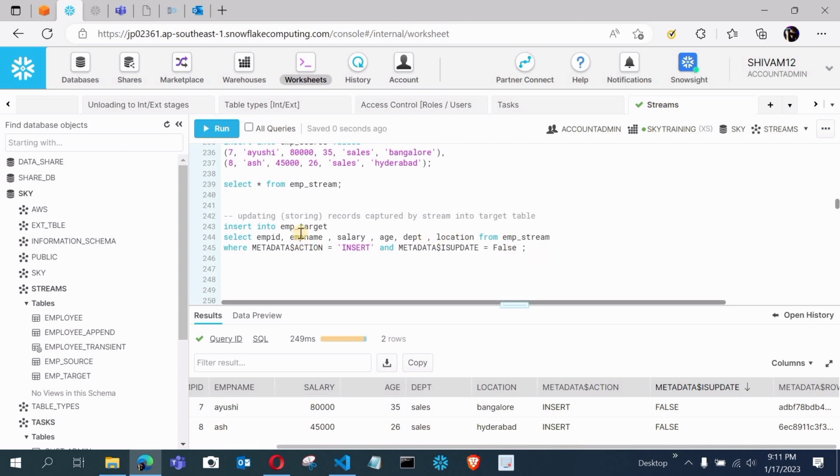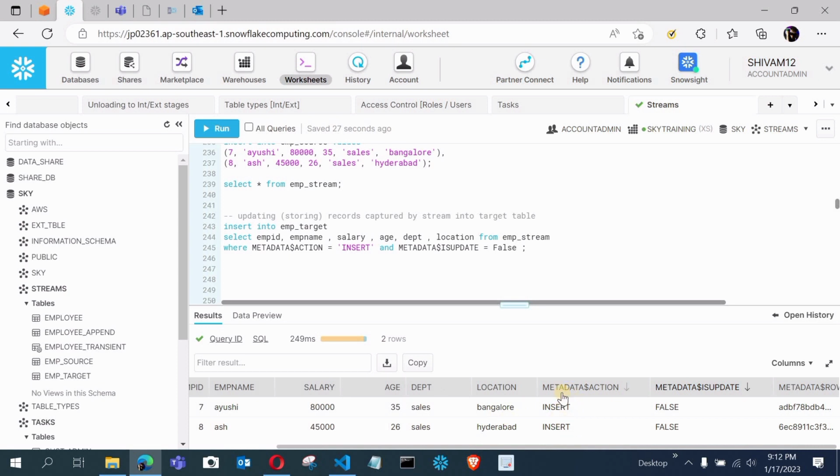Now let me explain again. We insert into the employee target table, selecting these columns from the emp stream, and we put the condition that it will insert only those records where metadata action is insert and metadata is update is false. Suppose this is our stream, currently with just 2 rows, and it holds all the records for insert, update and delete.